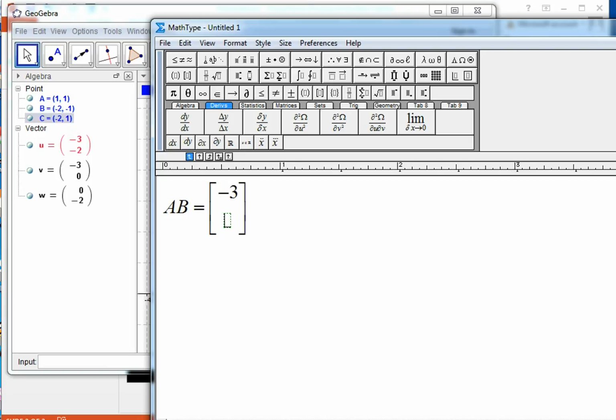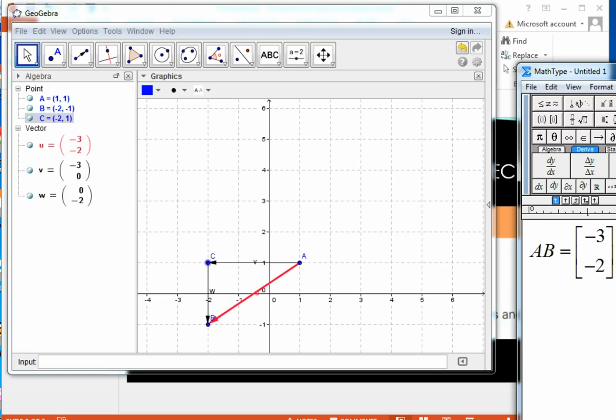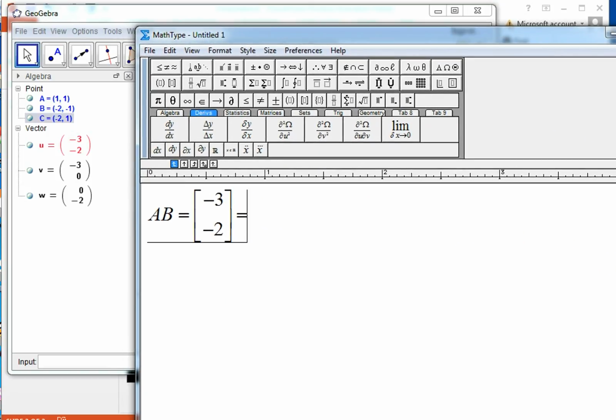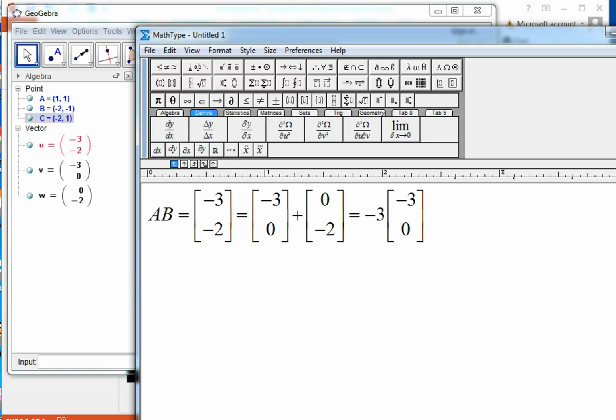(-3, -2), and this is equal to the sum of AC, that is v, the one that is highlighted, and then w. That can be written as v, (-3, 0), plus (0, -2). This is also equal to, if you factor out the -3, -3 times (1, 0)